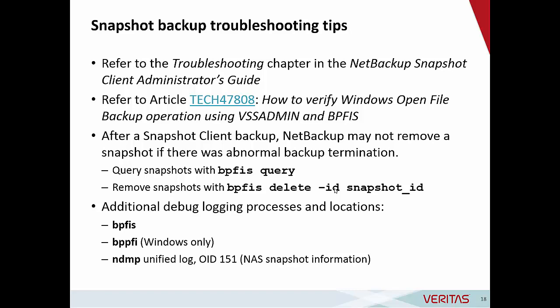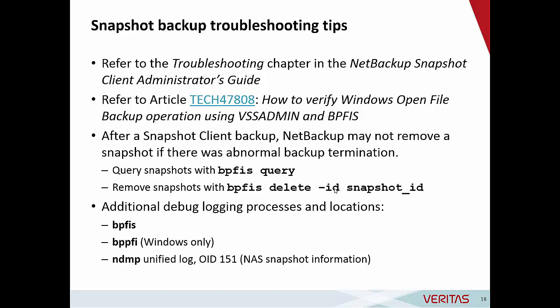Now, in terms of troubleshooting snapshot backups, because there are so many different kinds of snapshot methods that NetBackup supports, there's more to this than can be covered here. The troubleshooting chapter in the NetBackup Snapshot Client Administrator's Guide goes into a fair amount of detail about snapshot troubleshooting. Here's a couple commonly used suggestions. First off, TechNote 47808 describes how to verify Windows Open File backup operations using the Windows VSS service. VSS issues can be common when protecting busy files on Windows servers, so that'll get me started in the right